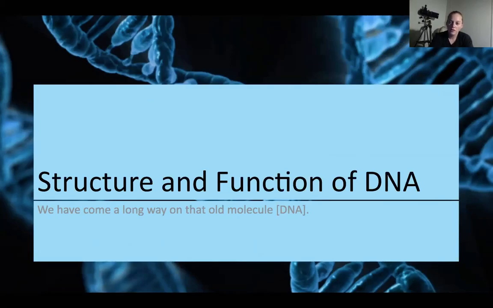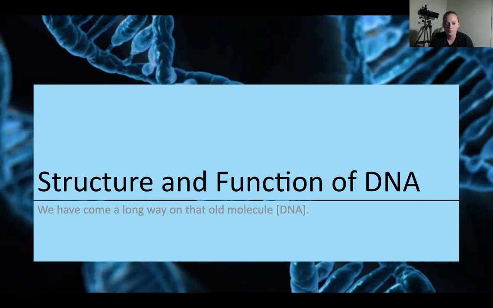Today we are going to look into the history and how the structure of DNA was determined. We're going to look at how DNA is replicated or copied, and we're going to look a little bit more at its function. Before we get started, please keep in mind that DNA stands for deoxyribonucleic acid. Nucleic acids are made of nucleotides, and those have three parts: a sugar, base, and phosphate. And we're going to look at how nucleotides are put together in long strings to make a DNA molecule and